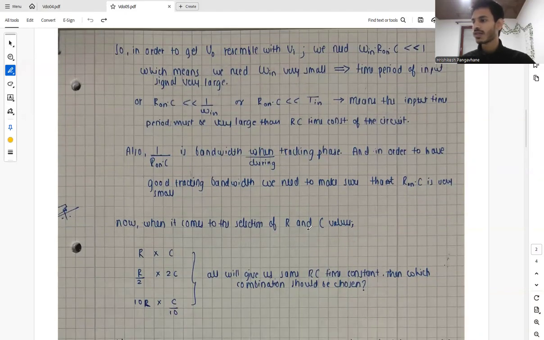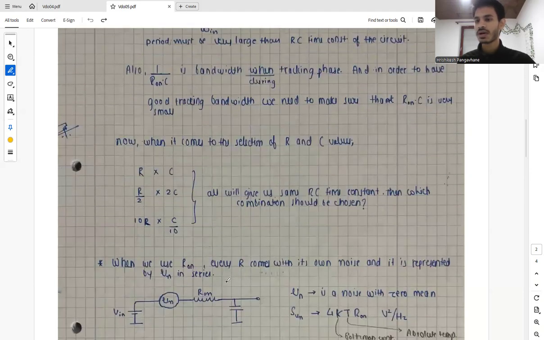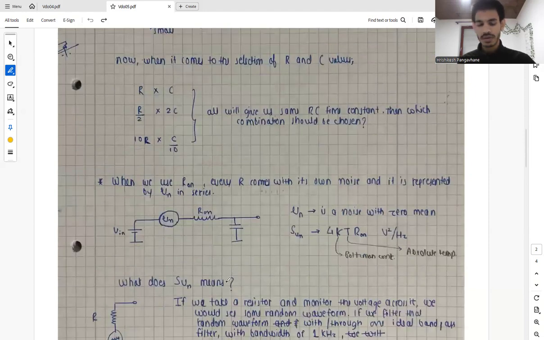So when it comes to selection of RC values, we can take R times C according to our circuit, or else we can take R by 2 times 2C. This will also satisfy the same thing. Or we can take 10R multiplied by C by 10. This will also satisfy the same condition. So when all of these give us the same RC time constant, which combination should be chosen between these? To discuss this question, we need to discuss the second non-ideality,